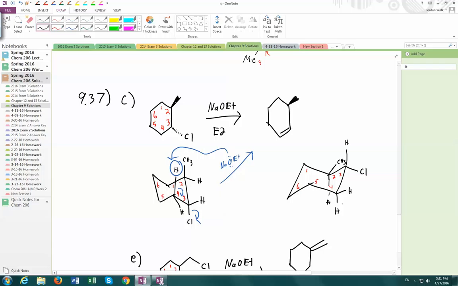And so to figure out what products we can form, we've got to draw out the chairs, because just looking at this, we do have multiple beta hydrogens, right? We've got a beta hydrogen there and a beta hydrogen there. And so you could think, well, certainly we could do the beta elimination to either of the beta hydrogens, but when we do the chair analysis, we're not going to be able to do an E2 reaction when the leaving group, the chlorine, is equatorial, as it is here, so we have to draw the other chair where